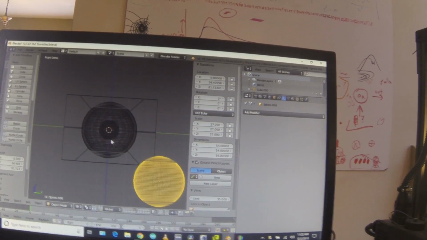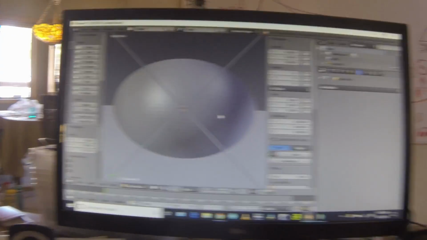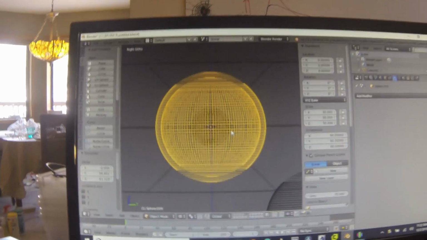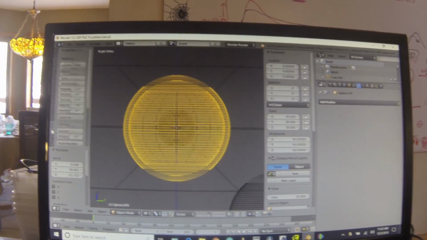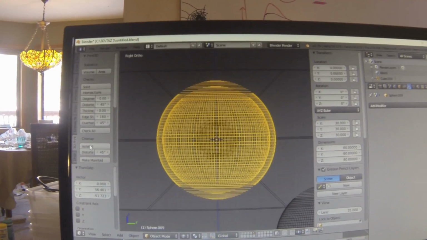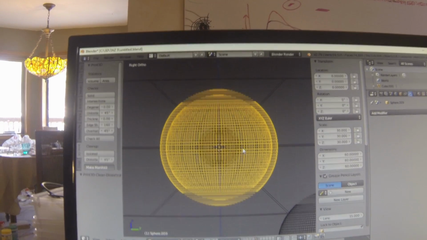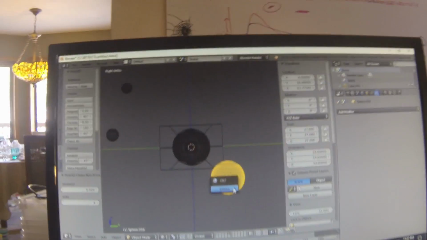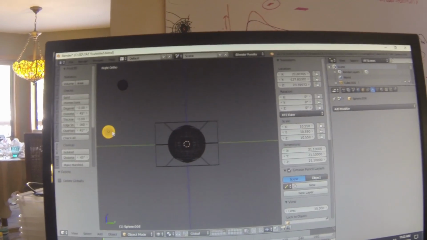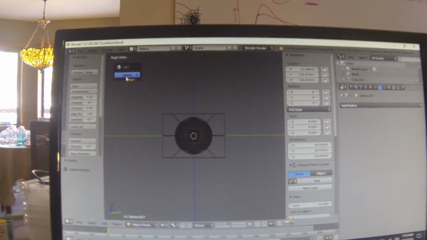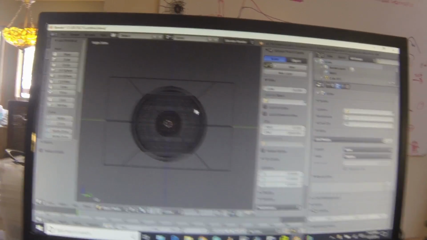Look, there it is right there. Just to make sure the shell is a manifold, meaning something I can work with, like an actual solid that can be printed, I go ahead and check it out. Look at all the vertices, clean up everything, and then make my manifold. And it worked, so now I have a shell. I can get rid of this original one and get rid of these things also. I could do this faster if I was typing with two hands, but I'm just using one. So going back to where we were,